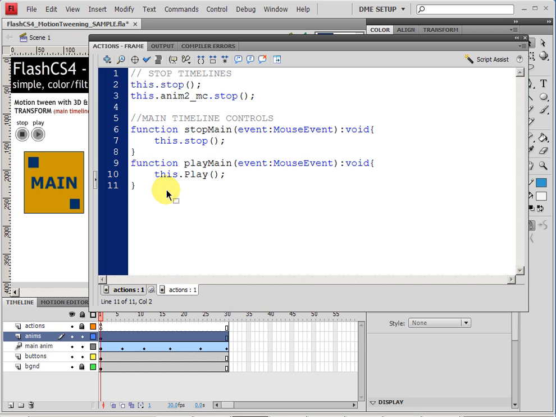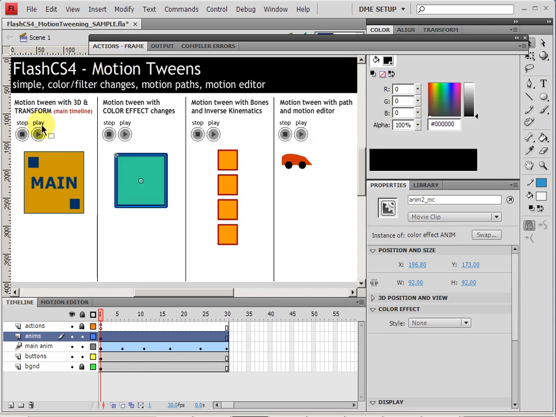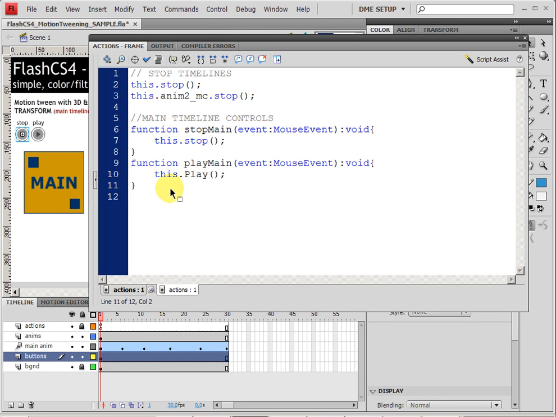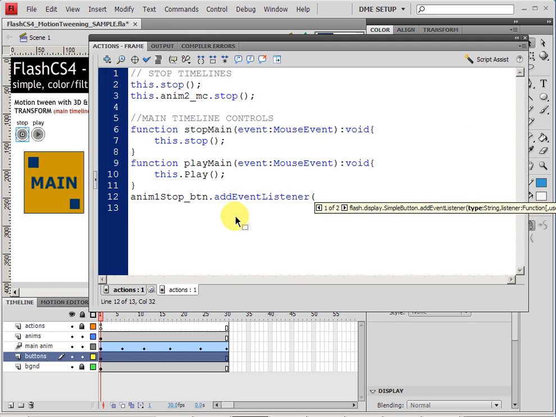Now we need the event listeners for these, and so let's find out what the names of our buttons are. We have anim1 stop button, and then we have the anim1 play button. So both of those will work just fine. So I'll copy one of the names and paste it, and now I can do the addEventListener, and this will be a MouseEvent.CLICK, and this will run the stopMain function,